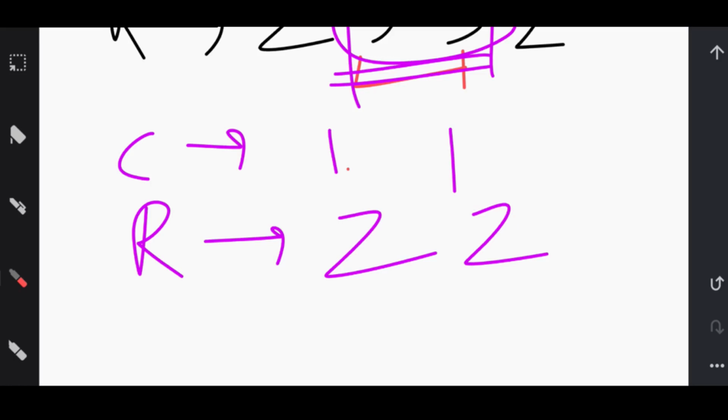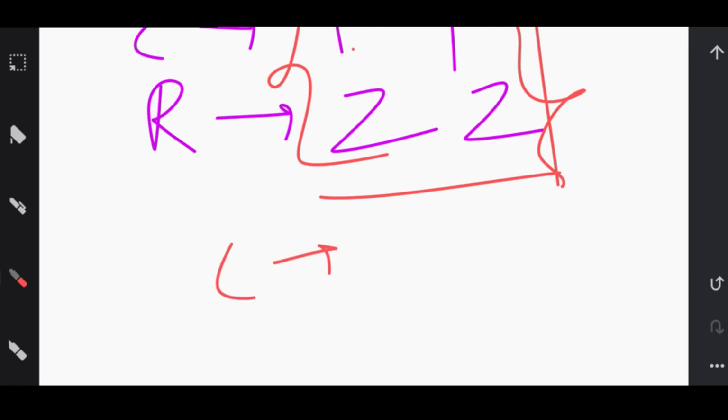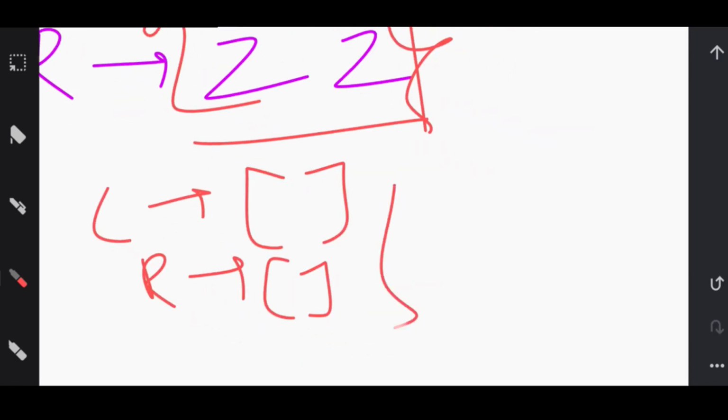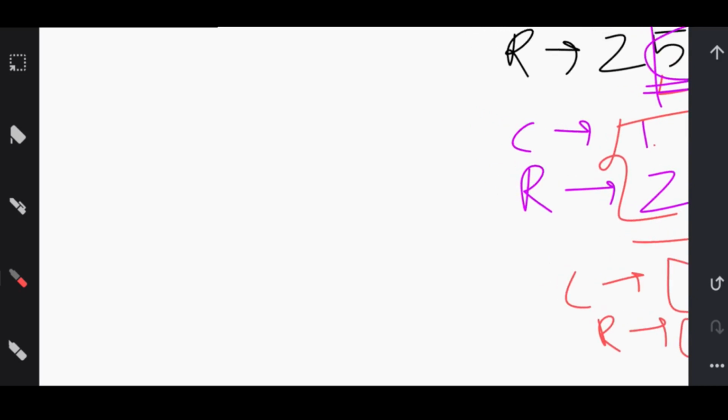If they are the same, then we will remove them again, or if not the same, then just increase the value of i. Again they are the same, so we will remove these two also. Now our color array is empty and radius array is also empty. So the return value will be what? 0, right? Because the size of color and radius is 0, so we will return 0.